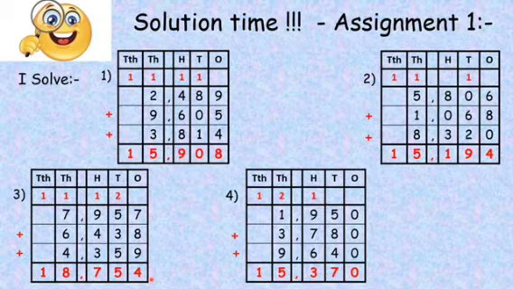Now moving on to the fourth problem, 1,950 plus 3,780 plus 9,640 gives you a sum of 15,370. Children, if you observe, all the numbers which go on to the thousands place have a carryover to the